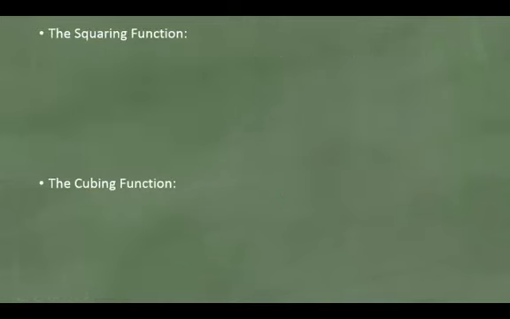The squaring function, one step up. The function f of x, where you take x and you're going to square it. So if I were to plug in any value like -5, again, I'm going to take that and square it. -5 squared, which would in this case be -5 times -5, which is 25. If we look at the graph for the squaring function,